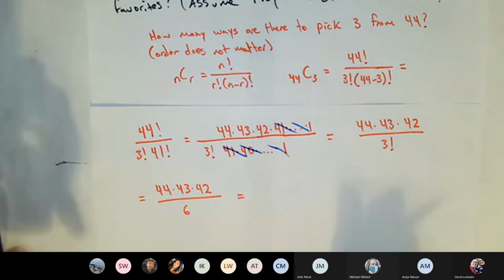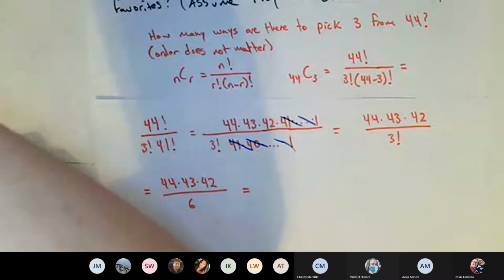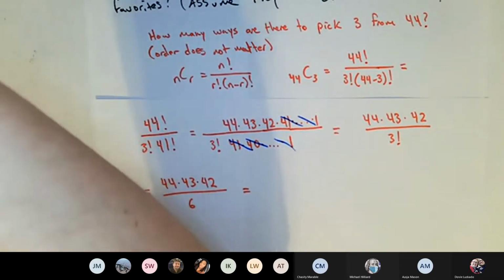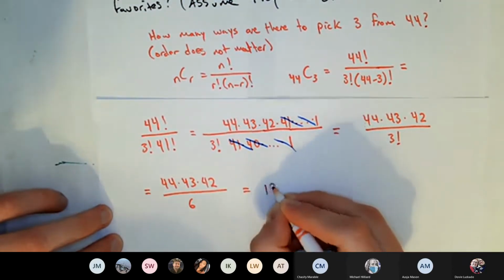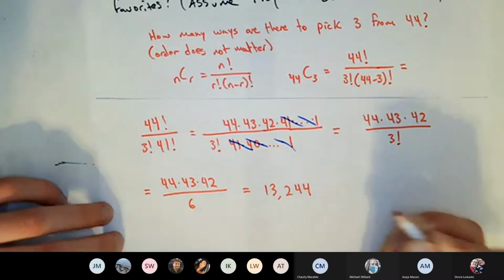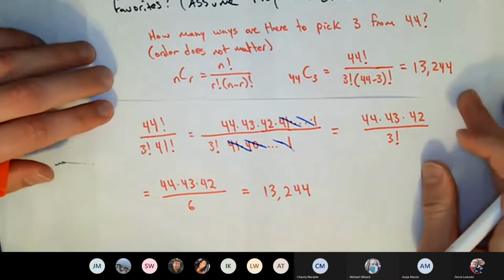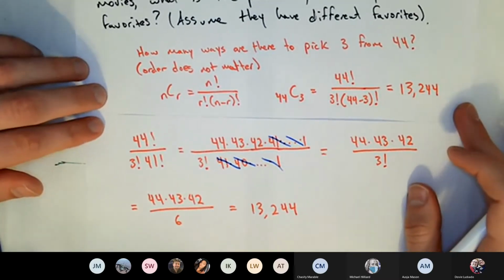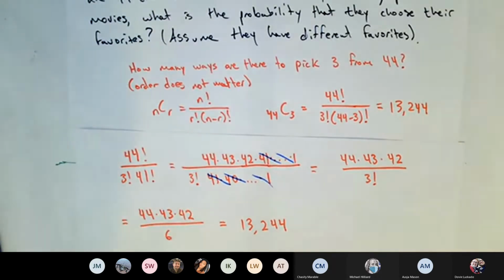Alrighty. So we're doing the 44 times 43. At this point, I'm just getting out the calculator to do this multiplication, and I'm getting 13,244. So that's the answer up here, 13,244. Okay. So how many ways are there to pick 3 from 44? How many ways are there for them to pull 3 from a group of 44? And it's that